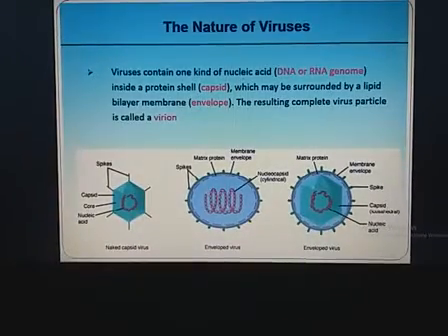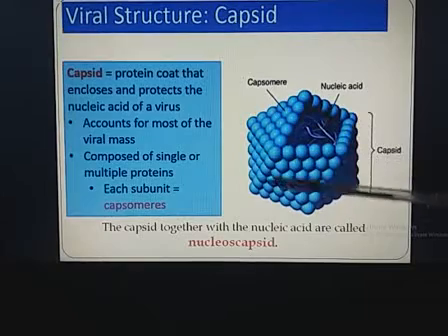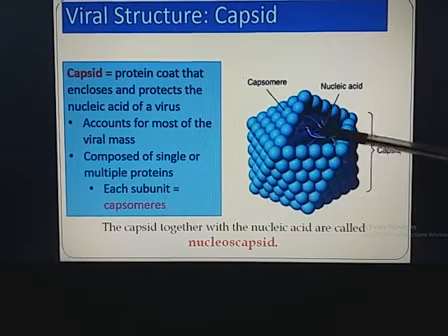Now go to the next slide. Viral structure, the capsid structure. Okay. So capsid is basically a protein coat which encloses and protects the nucleic acid of a virus. Okay, and it is the most mass component of the viral structure, and basically this is the capsid. You can see here, this is the capsid or protein coat where the nucleic acid is